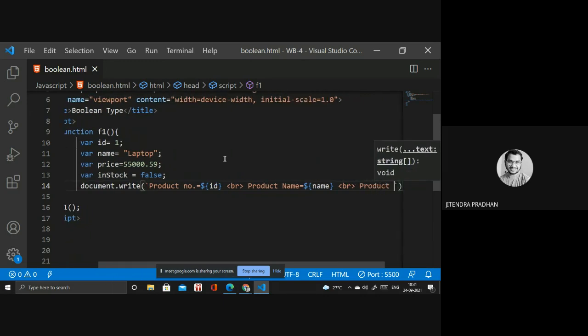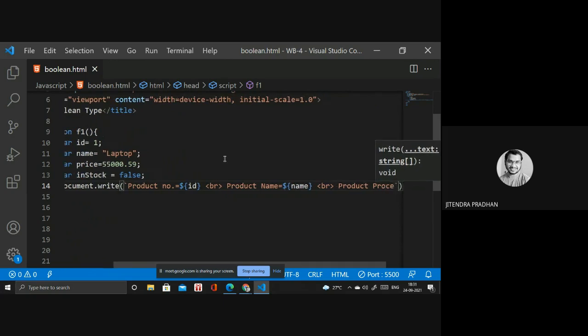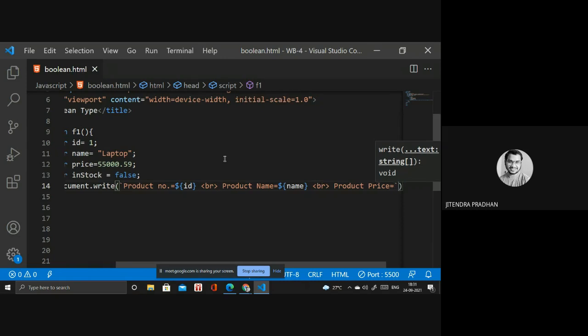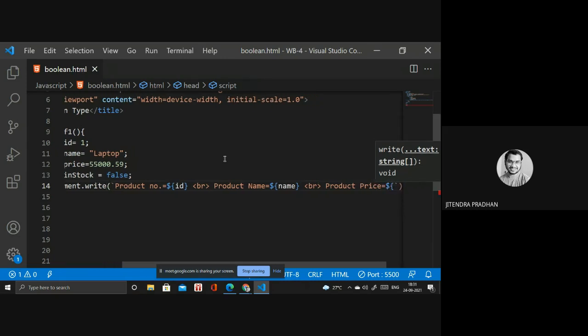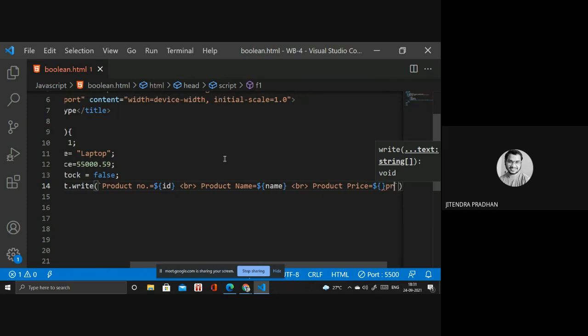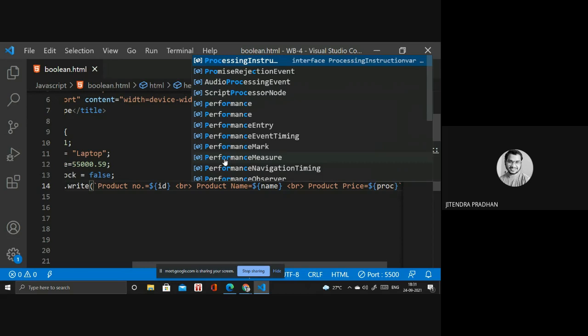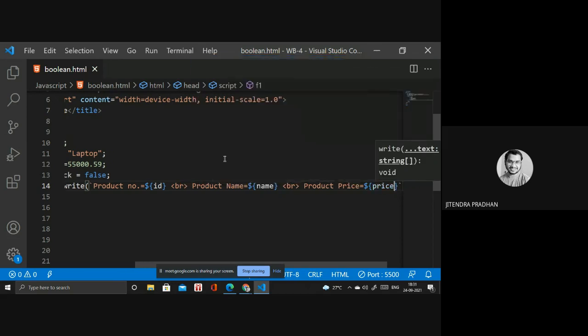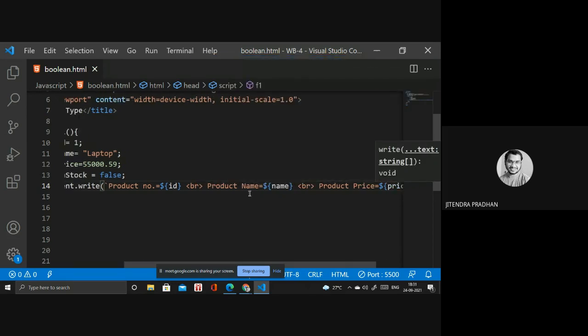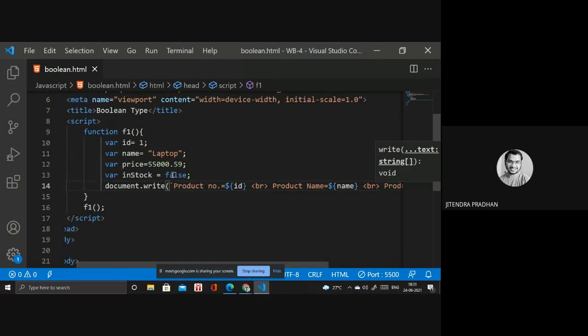The product price you have to use inside price. Price is my variable, right? I'm already using it inside that, so I need to use price. Yeah, done. Next, we have to write whether in stock is available or not.